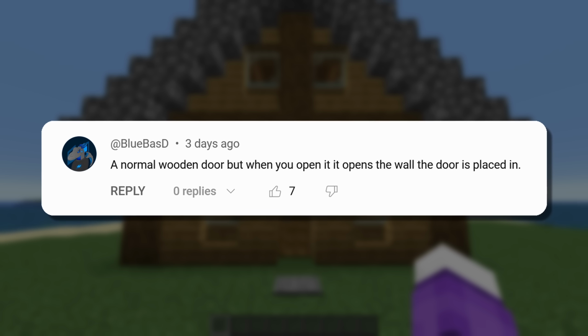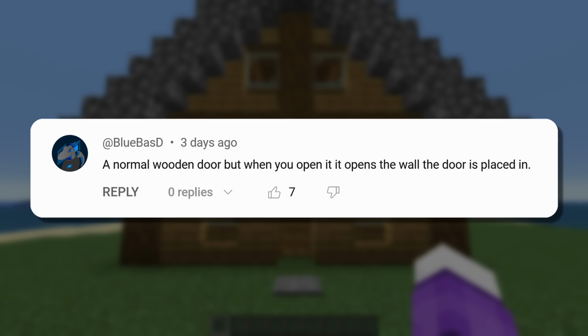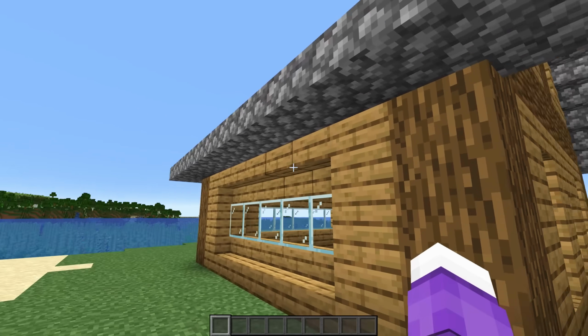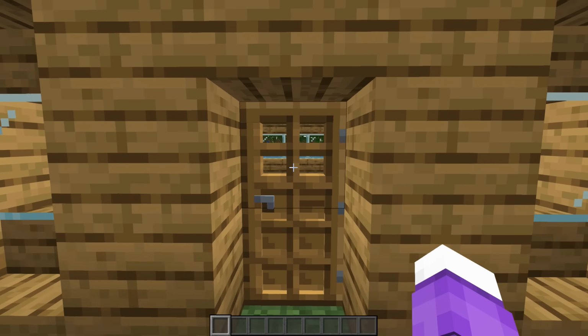Blue Bass D has asked for a normal wooden door, but when you open it, it opens the wall the door is placed in. So here we have another perfectly normal looking house. Nothing to see here. See? Nothing. And when I stand on this pressure plate to open the door,